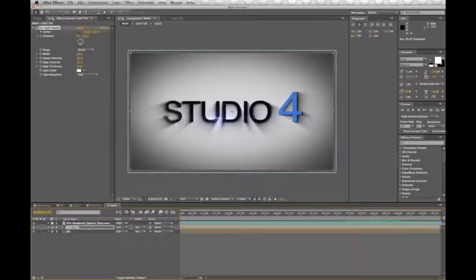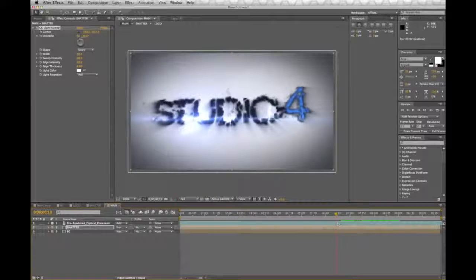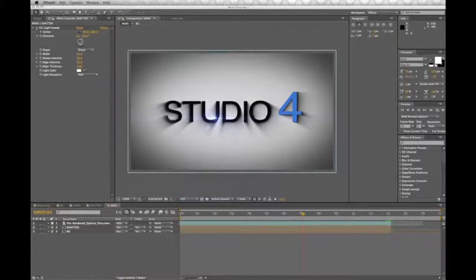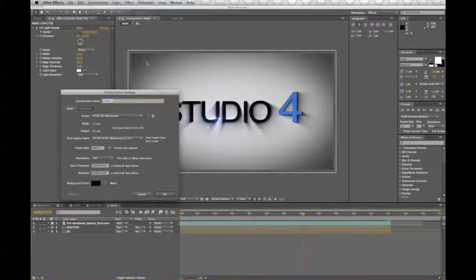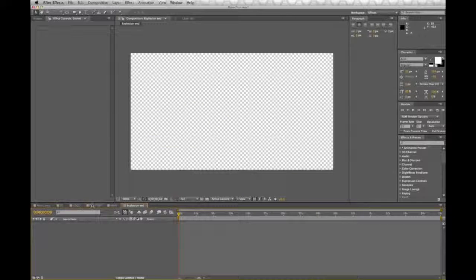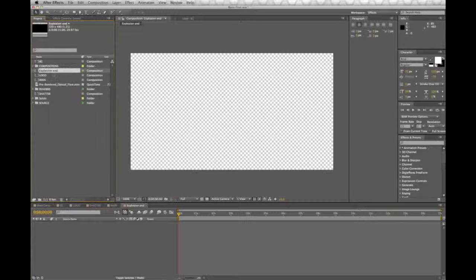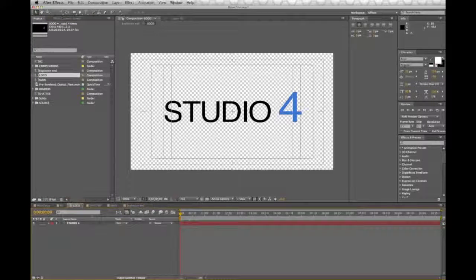Now at the very end, we want the logo to explode, and there's a pretty simple way of doing this without having to mess with the time remapping and all of that. All we do is go to our composition, create new composition. We'll call this explosion end, and we'll just go into our project and drag our logo onto it, and our other logo,